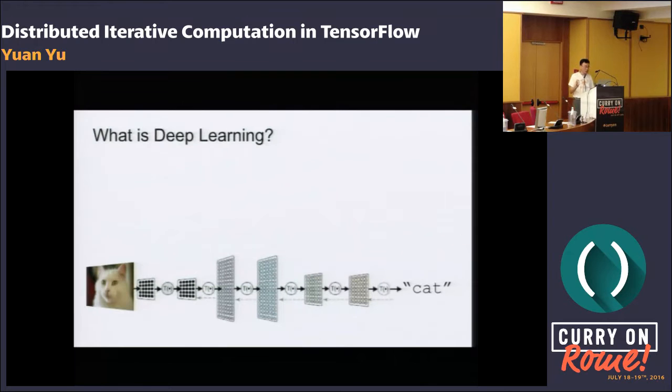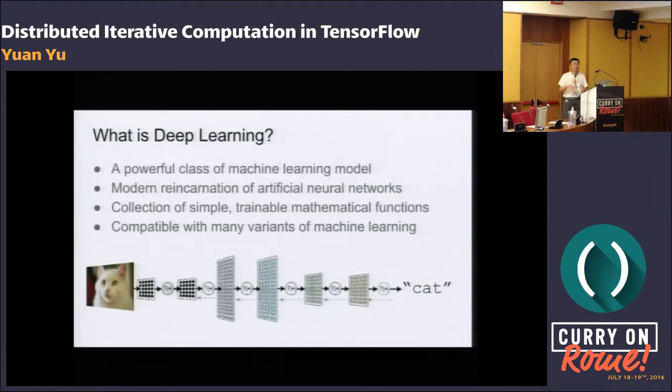So the function is going to tell, given an image, whether the image contains a cat or not. The function itself is represented as a network of neurons, trying to emulate the human brain. A neuron is effectively a very simple mathematical function that takes the output of some neurons and generates a new value. That value is consumed by some other neurons.